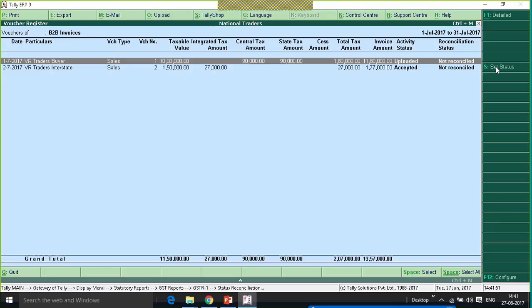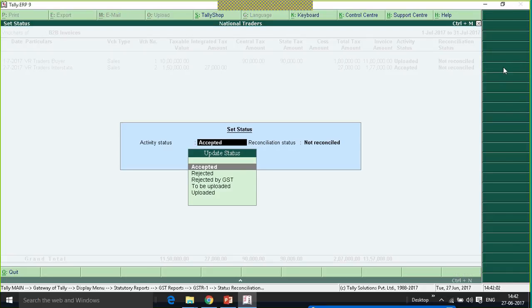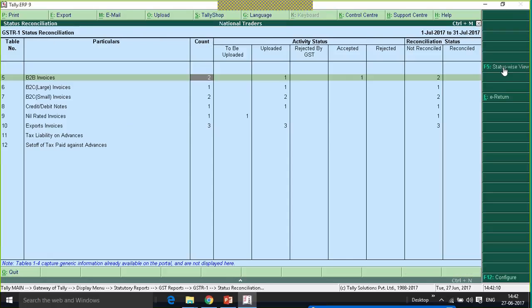We can set the status for an individual transaction, or we can press Control space bar to select all the transactions and mark the status for all of them at one shot. So this is with regard to the status reconciliation report available in Tally.